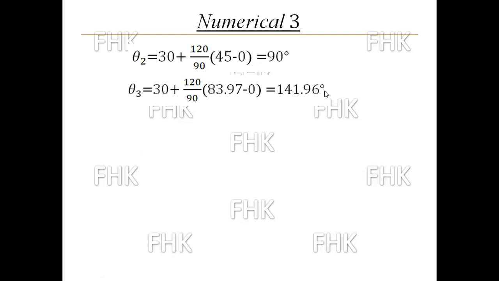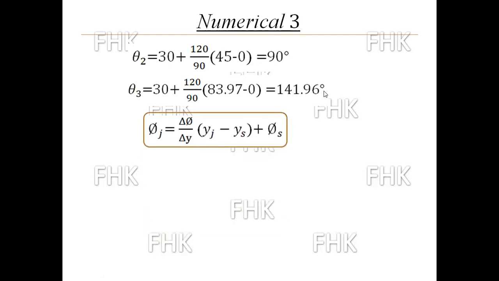equal to 141.96 degrees. Now to find phi at j, phi 1, phi 2, phi 3, the formula is the same. Instead of theta I put phi, instead of xj I put yj, instead of delta x I put delta y, and instead of x starting I put y starting. After simplifying, after putting in the values of delta phi, delta y, yj and ys, I am getting phi 1 is equal to